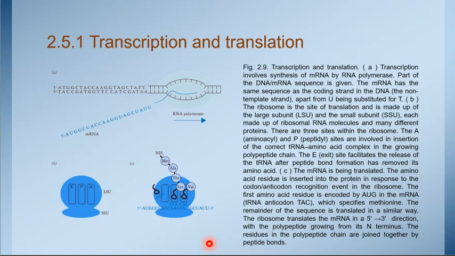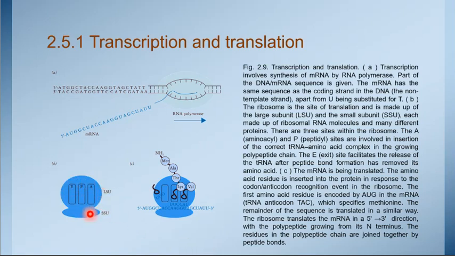The mRNA has the same sequence as the coding strand in DNA, or the non-template strand, apart from U being substituted for T. The ribosome is the site of translation and is made up of the large subunit or LSU,